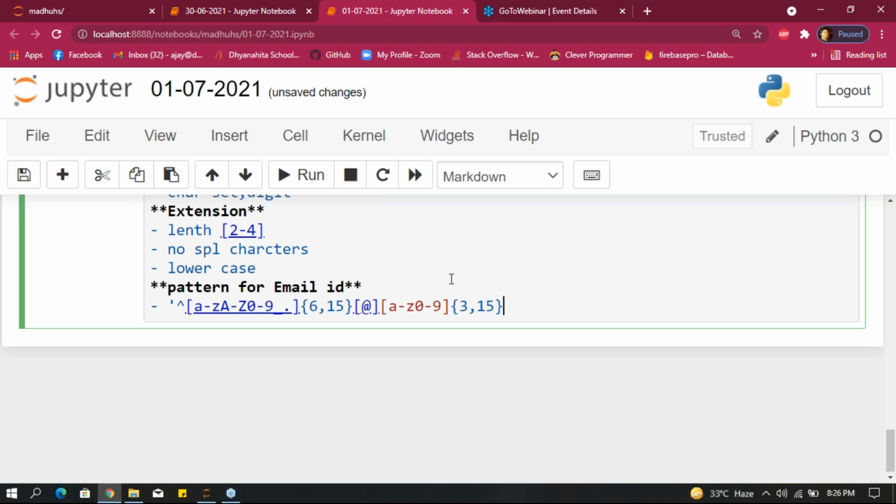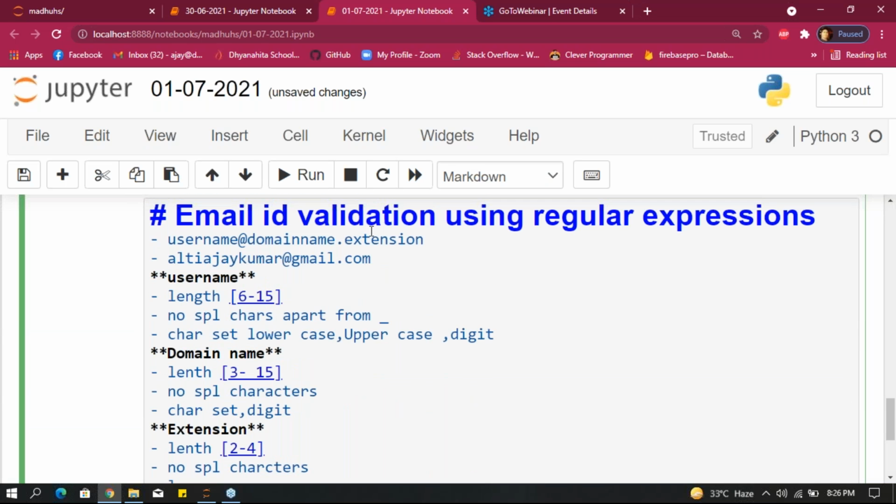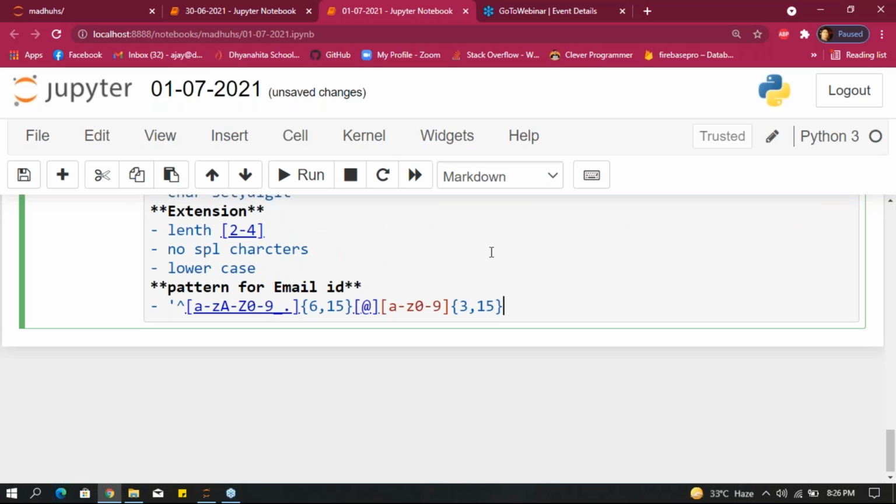After that, if you observe this email ID, we have some full stop, right? For that, take full stop. Dot. After that, we have some extension, right? In that extension, what do we have? Take small a to z here. Extension is always in small letters only, guys. And the length I'm taking here is 2 to 4, and give the dollar symbol.